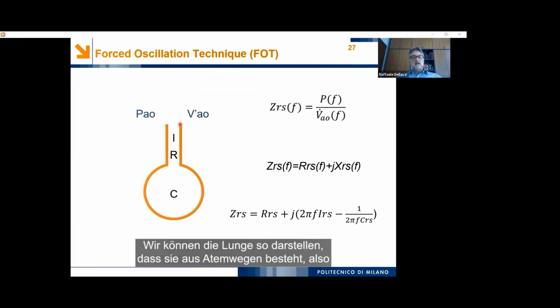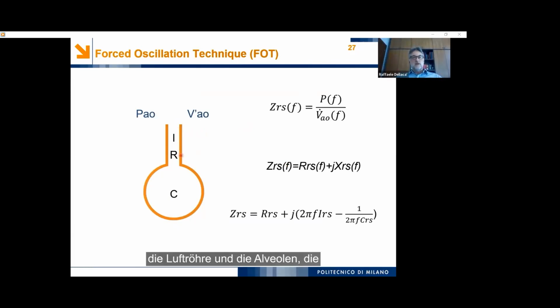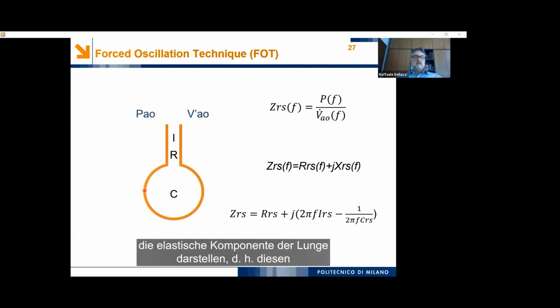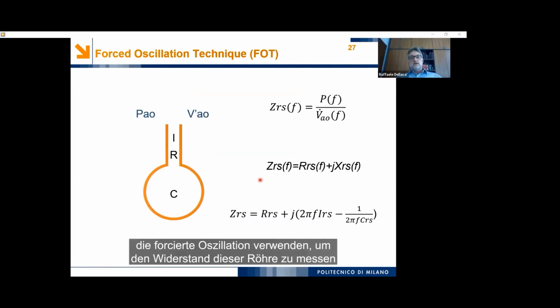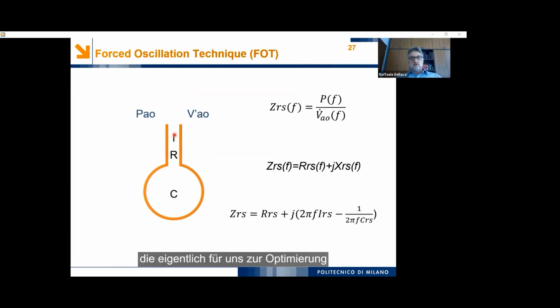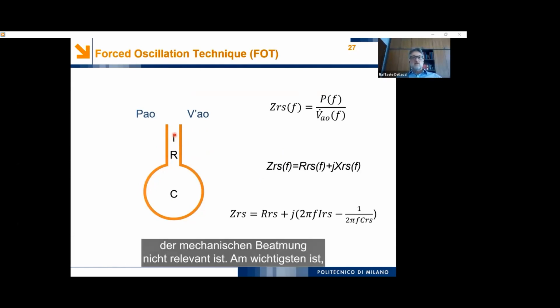This is an example to better understand the meaning of these variables. If we represent the lung as made of airways, a tube, and the alveoli that represent the elastic component of the lung, therefore this balloon connected at the end, we can use forced oscillation to measure the resistance of this tube and then to estimate the inertia of this tube, which is actually not really relevant to us for optimizing mechanical ventilation, but most importantly, we can estimate the compliance